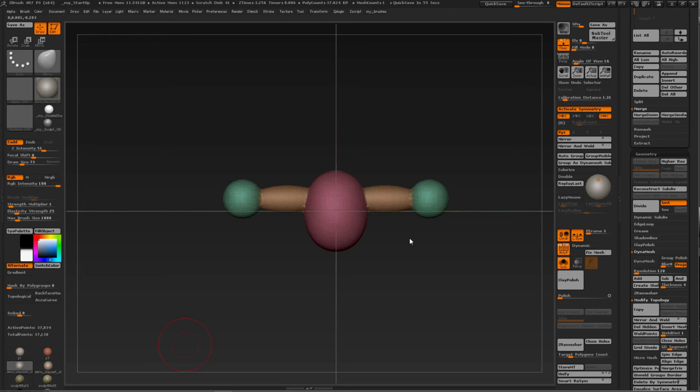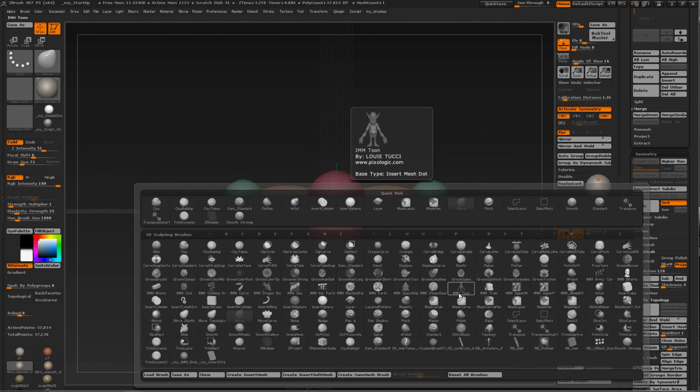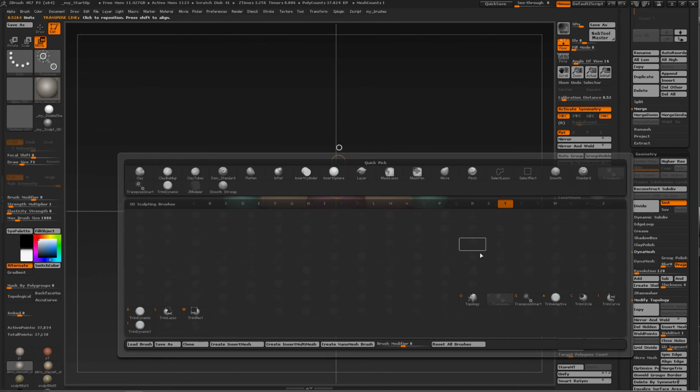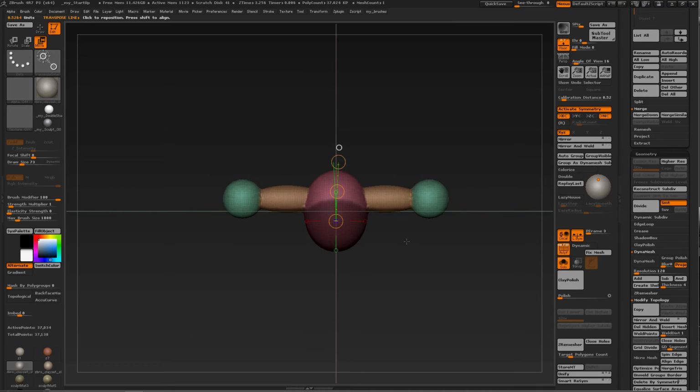Just also a little extra about the Transpose Smart Mask. So right now I have my regular masking transpose selected, so B T, Transpose. When I drag out my transpose, you see that it will go to the arms, if you will. If I go up higher, it will also select part of the arms. But when I select my Transpose Smart Mask,